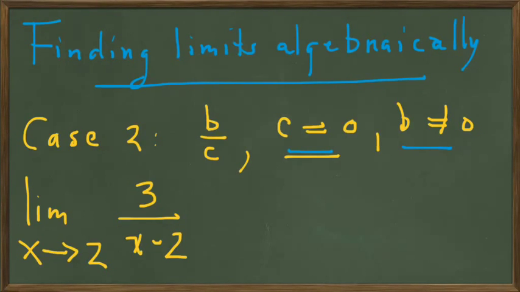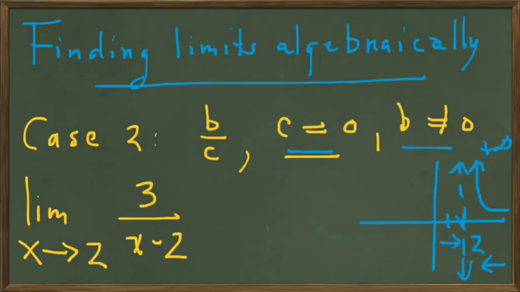The limit as x approaches 2 of 3 over x minus 2, where we get 0 in the denominator when we plug in x equals 2. So let's take a look at the graph of this function. It's a function with a vertical asymptote at x equals 2. If we approach 2 from the right, we're going to see the function going to positive infinity at the vertical asymptote, and if we approach 2 from the left, we're going to see the function going to negative infinity at